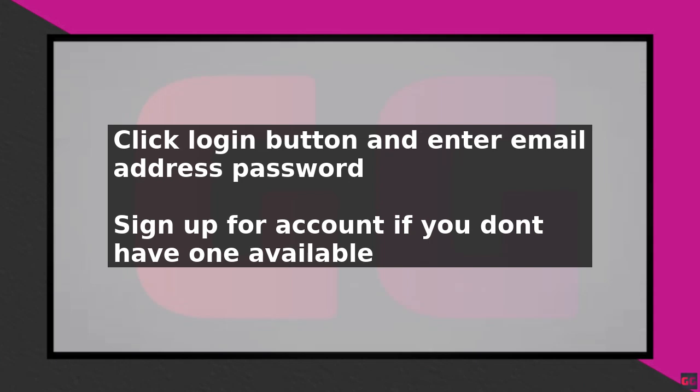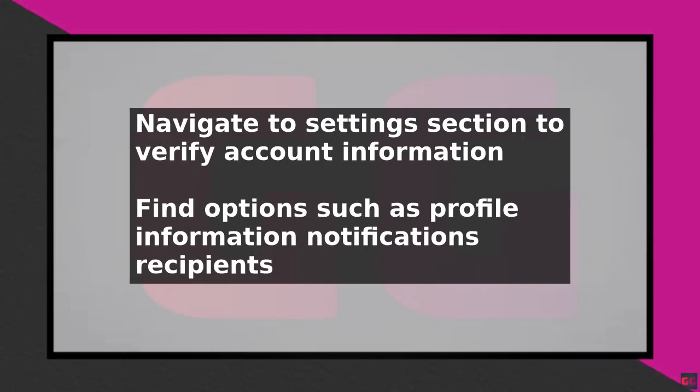Once you've accessed your account, you'll see several options, including Send Money, Transfer History, and Settings. To verify your account, navigate to the Settings section, where you'll find options such as Profile Information, Notifications, Recipients, Payment Methods, and Privacy Choices. In the Profile Information section, you can add your name, address, and phone number, which will